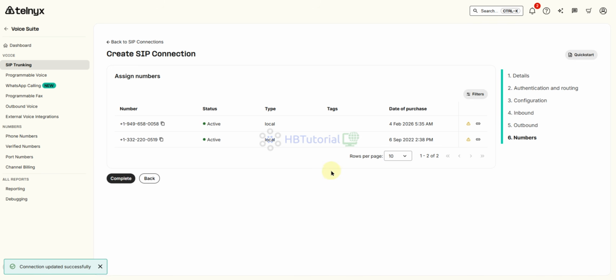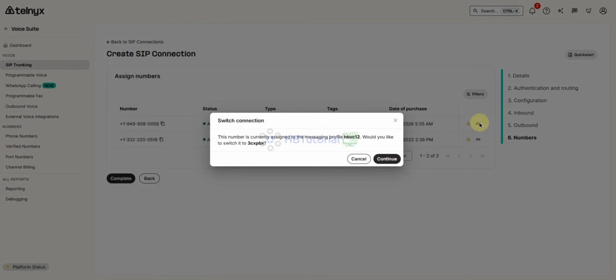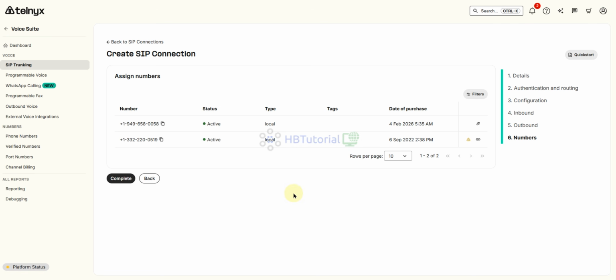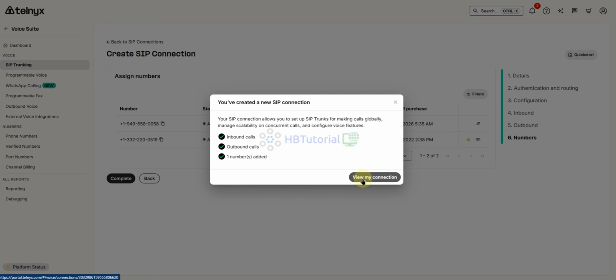From here, we have two numbers, so I can copy this one and assign it to 3CX PBX for now. Then complete. So we have here our number.